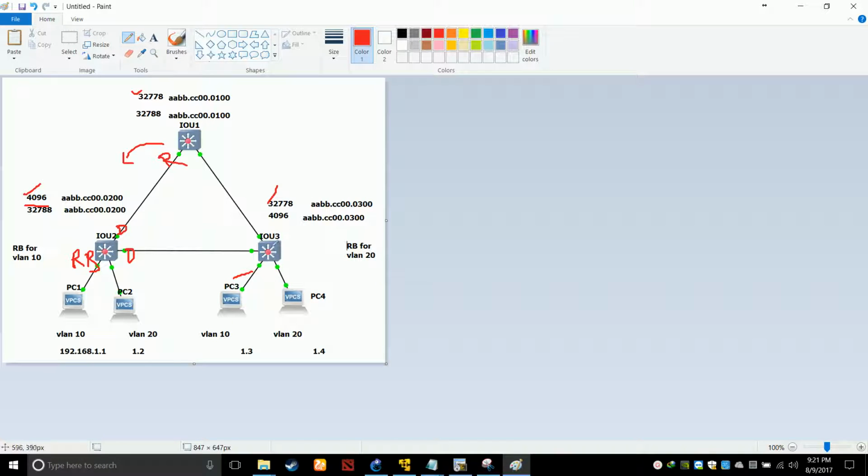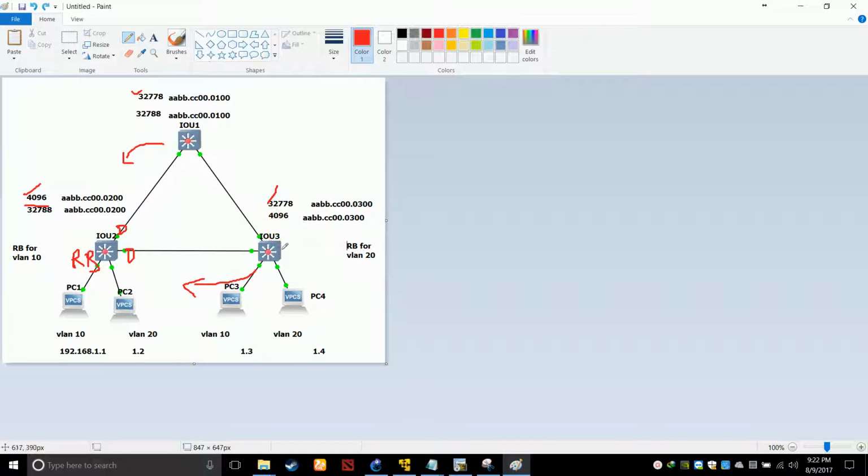Same way for this switch. If you are facing any difficulties in the election, go back and watch all the videos because it is a continuous series. You cannot jump into PVST and are supposed to understand everything. You won't unless you know all the previous lectures. So on this switch, the cost is 19 from here, and from here more than 19 because it will go like this.